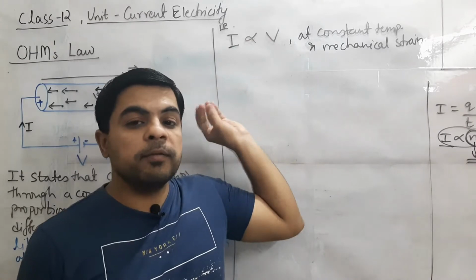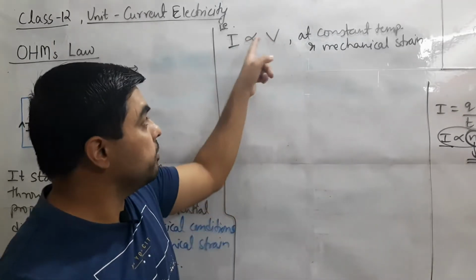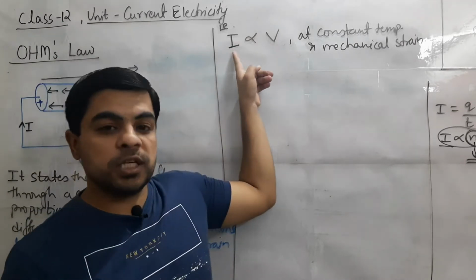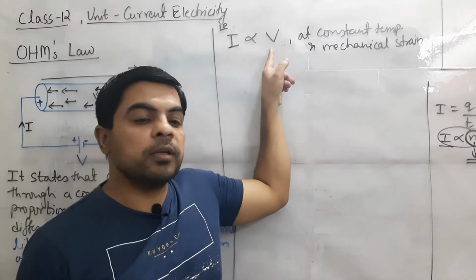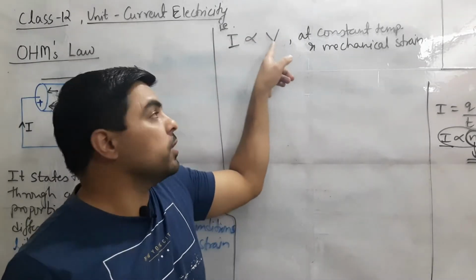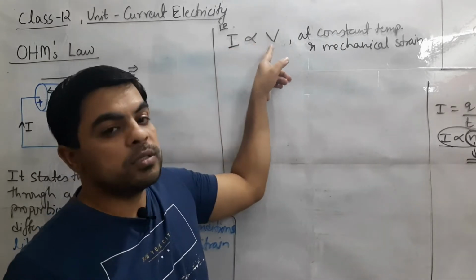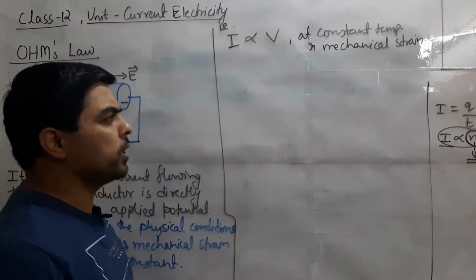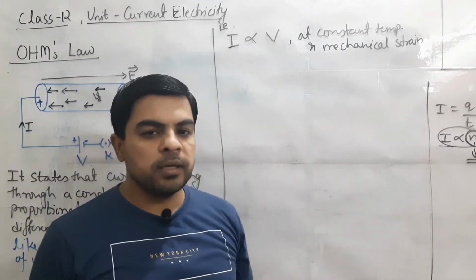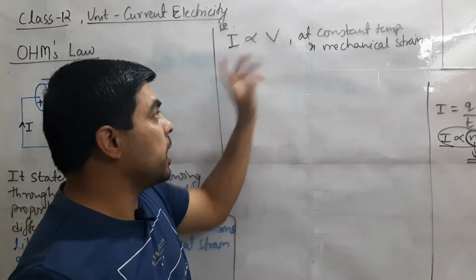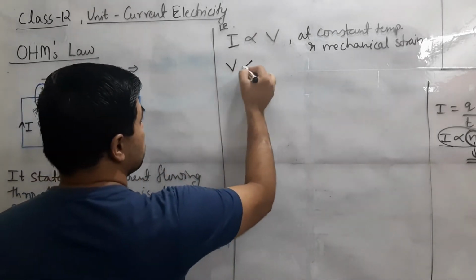Cause is that term which changes first, and that causes the impact on effect factor. So here we are changing V first and then I is changing. It is not like that we are changing I and that it is changing the value of V. So V is the changing factor that will cause impact on I. So I will be the effect and V will be the cause. That's why we have written I proportional to V. In 10th standard, sometimes we used to write V proportional to I directly, but actual concept is I proportional to V. So similarly, in reverse we can write V is proportional to I.